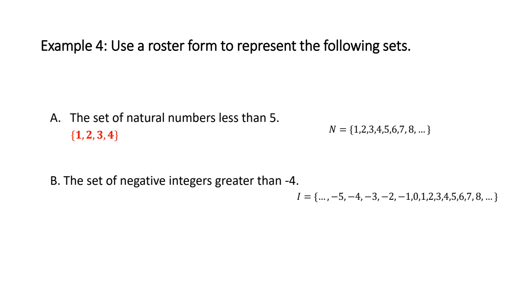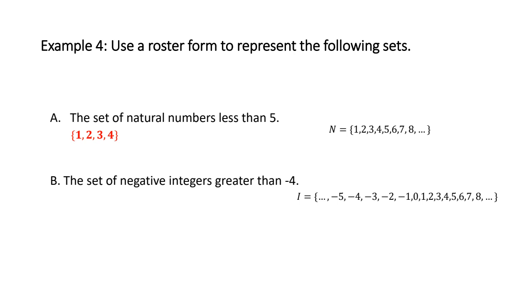Okay, so the next one, which is B, says the set of negative integers greater than -4. And again, you see the list of the integers. Integers contain all of the positive numbers, the negatives, and 0, which is neither positive nor negative. I always like to remind my students, if you don't know which one is greater and which one is less, the greater number is always to the right. So when you look at this list,